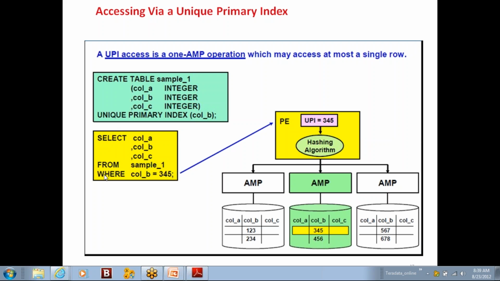Okay, and the retrieval query should be using this column in the retrieval process. This is the usage of the column in the retrieval queries. Okay, both are the factors. Okay, let's suppose I have an employee table, and in the employee table I have an employee number which is almost unique. I mean, a unique employee number is a primary key, let's suppose, so it should be unique, right?